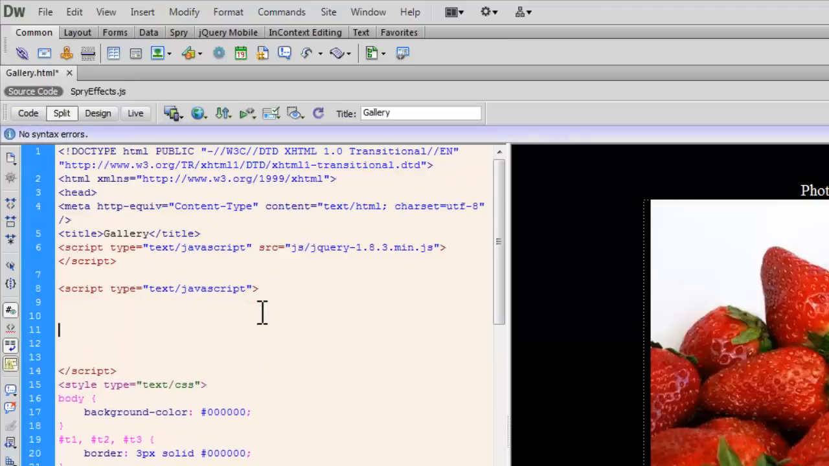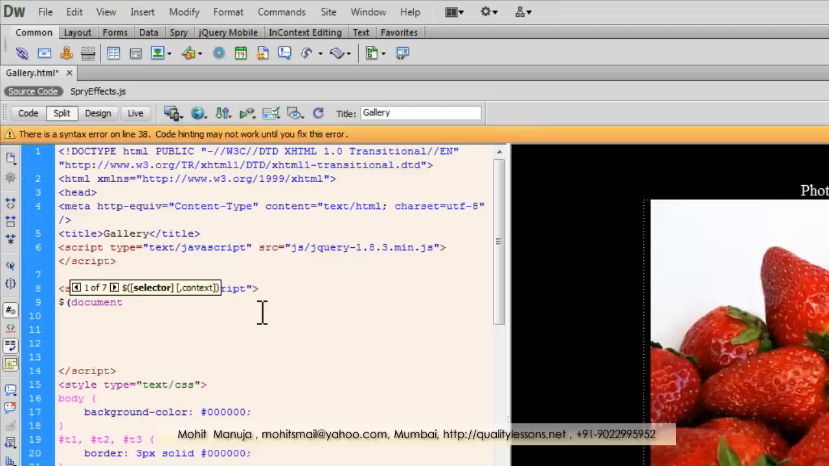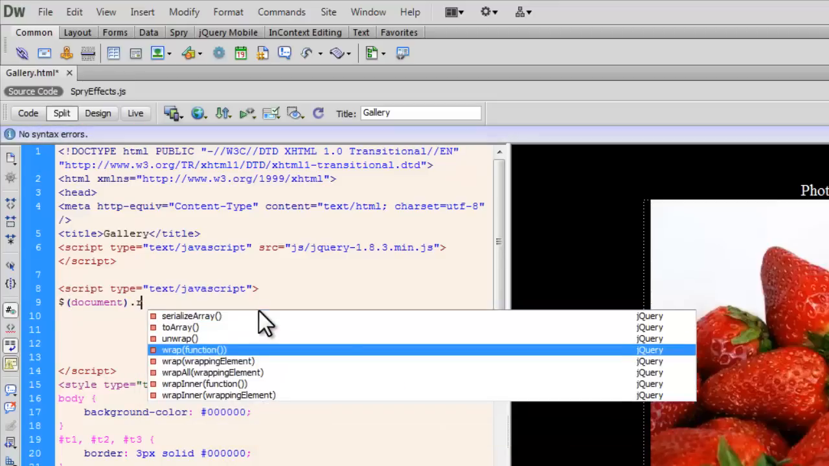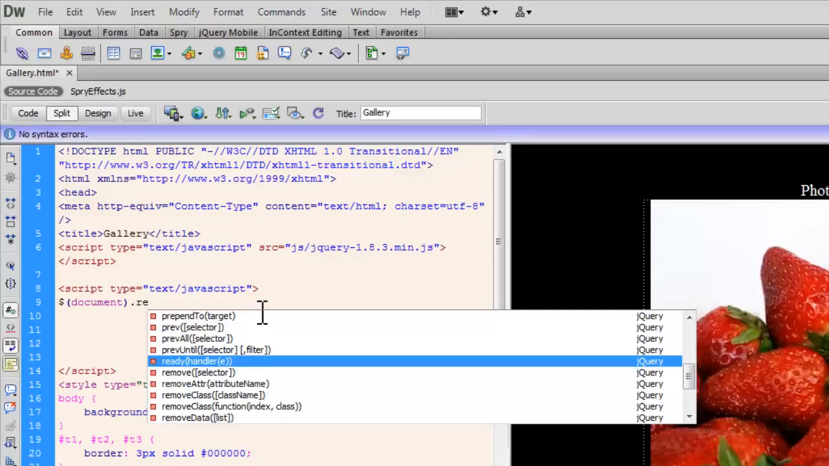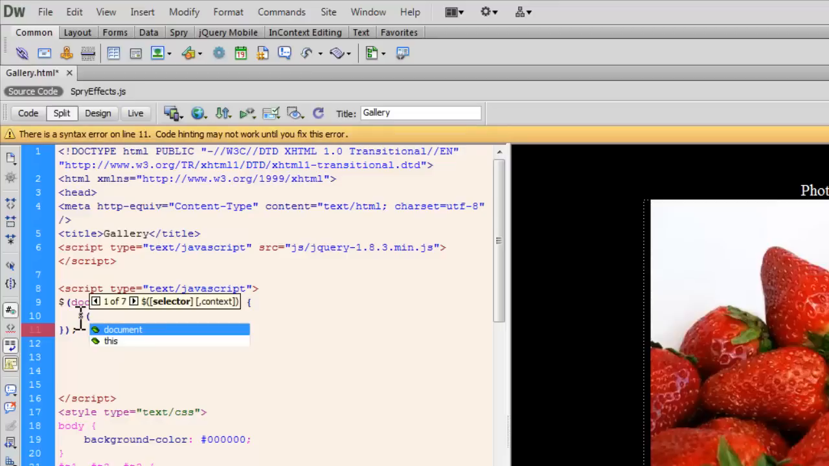And just code out a little bit. I'll show you how. I'm going to say when the document is ready to be manipulated. So this is the way you write document dot ready. Can delete this alphabet E out here. When the document is ready to be manipulated, I would want to target